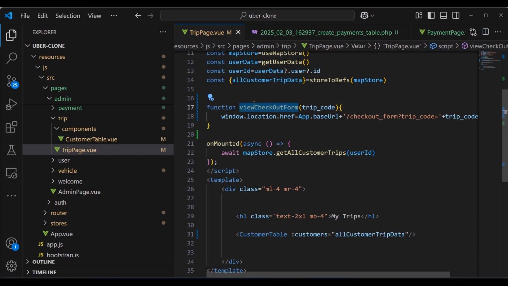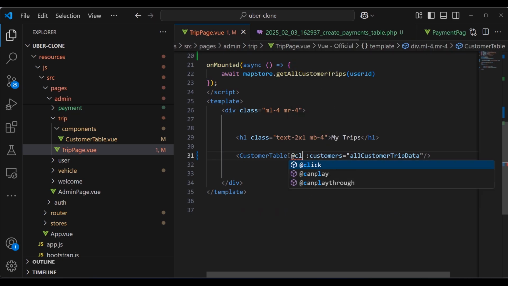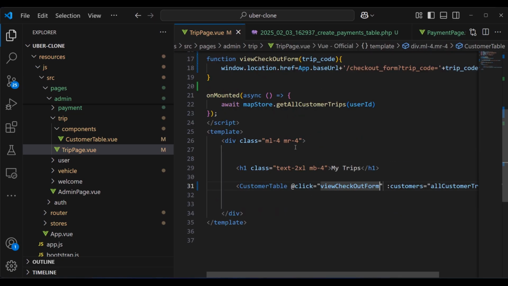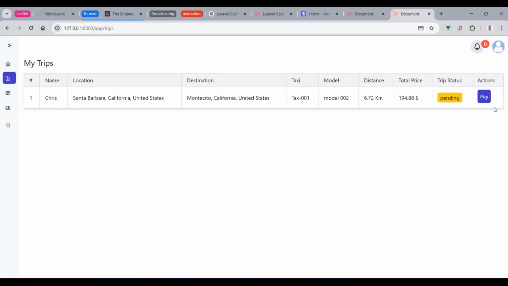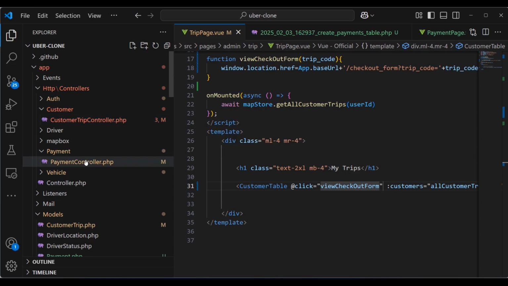And now I'm going to pass the function to the customer table. Pass it here like this. Click. Now, if we head in the browser and click on the pay button, we are going to be redirected to the checkout form. And here, let me show you something. If we go back inside the payment controller,